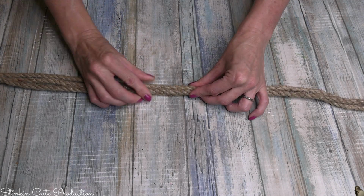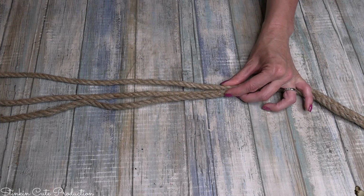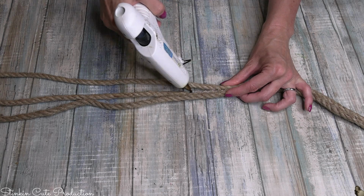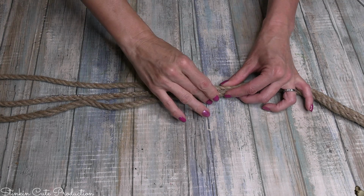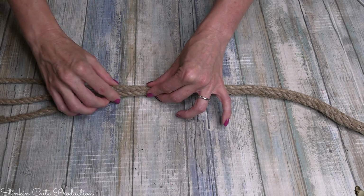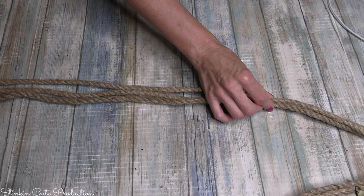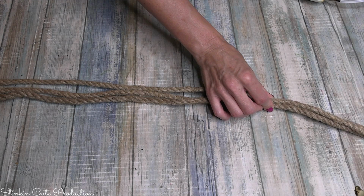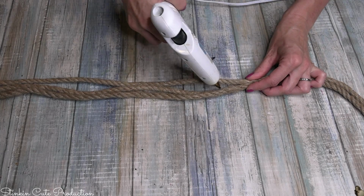one set, I feel like just using the one singular rope, it was going to be too thin. And so by placing 3 of them together and just placing some hot glue on one rope and then just kind of stacking 2 next to it, you can see how I'm doing it. It's going to give it a thicker rope look. And I used a total of 3,